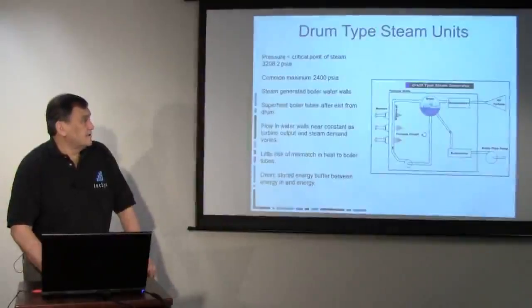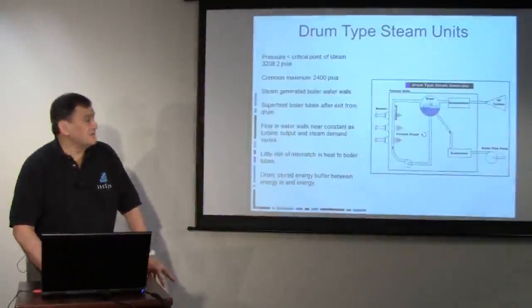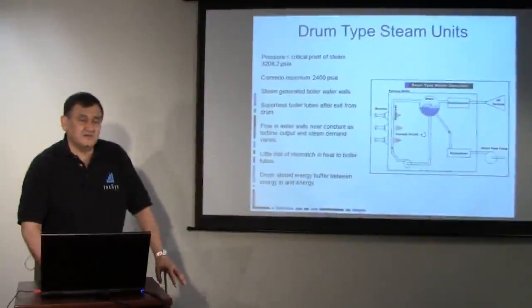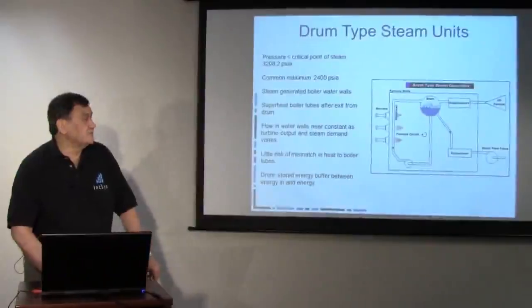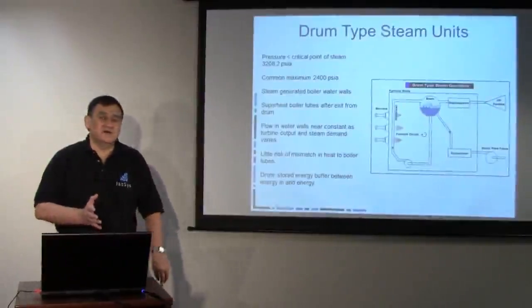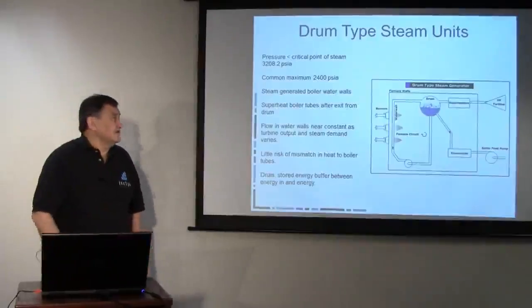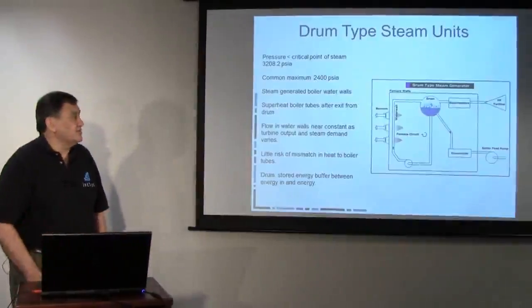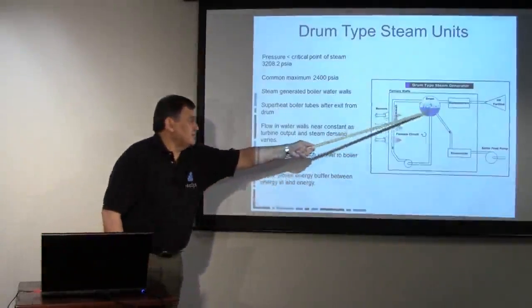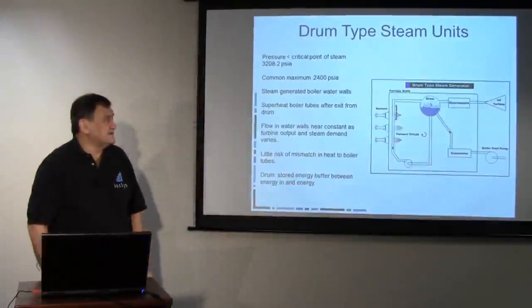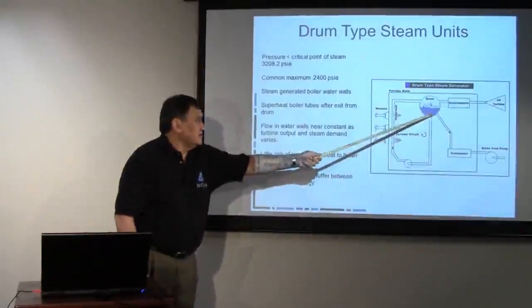Now, in power systems, as an operator, you need to be cognizant of the fact, are you dealing with a drum-type steam unit or a once-through? They have very different ramping characteristics and safety. The idea of a drum-type steam unit is that there's a drum which has the ability to store large amounts of heating energy, and